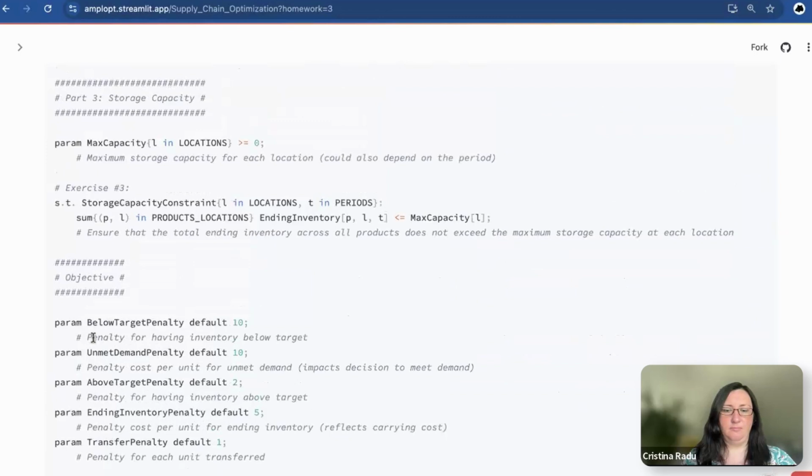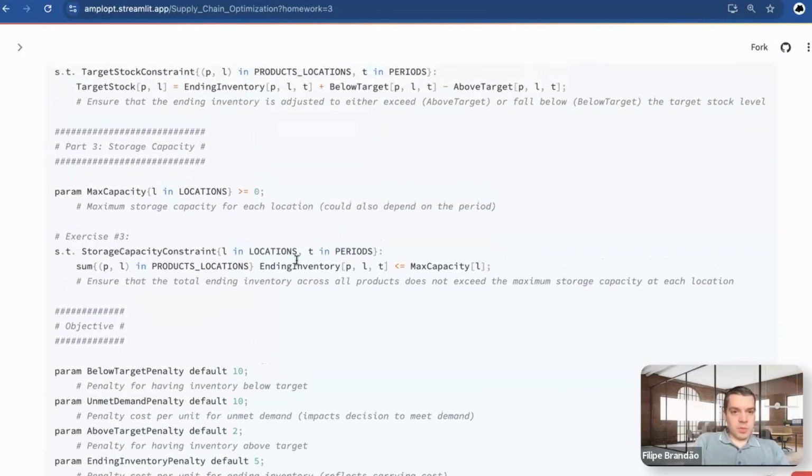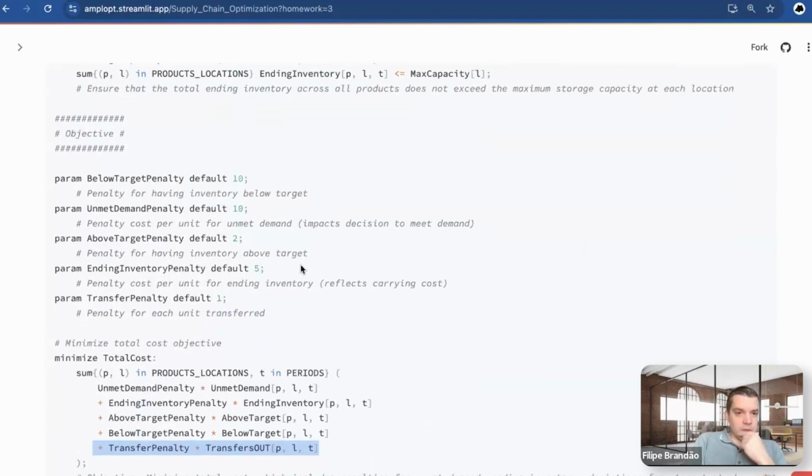And then other than this, there was just storage capacity. So at every location, at every time period, we have this data. In this case, it's just max capacity across all products. So for all products in that location, the total ending inventory needs to be less than the capacity at that location. This could also depend on the product and on the time period. In this case, it's just a global limit for each location. And other than this,